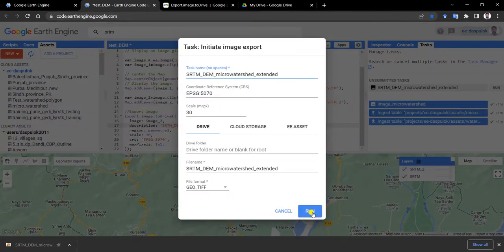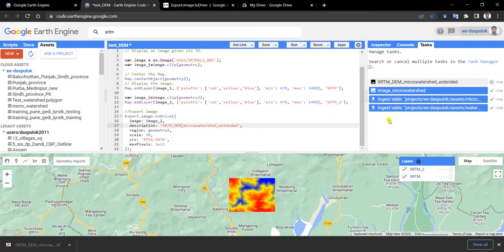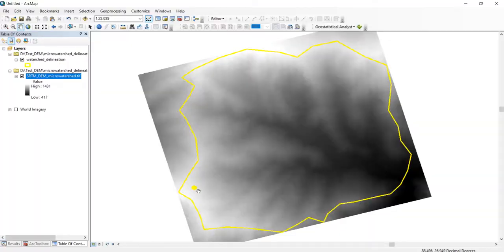You don't have to change anything here. Maybe this time it will take a bit longer. Previously the exported DEM was quite small. Now this is 5 to 10 times larger than the previous one, so it may take some time. So by that time let us go to